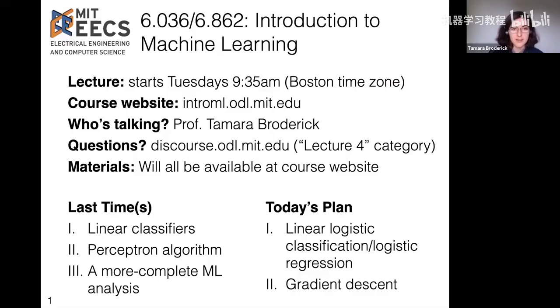You have some data, thinking about what are good sets of features to be using, running your algorithm, be it perceptron or something else, and then interpreting what you get out, using it for prediction or something else. And so today we're gonna step back into thinking about algorithms, so focusing on that algorithm